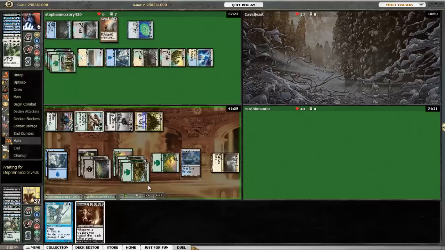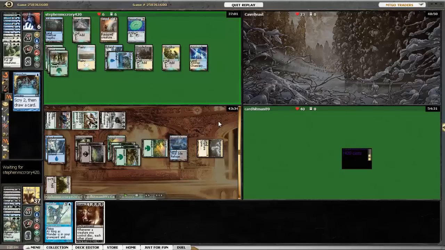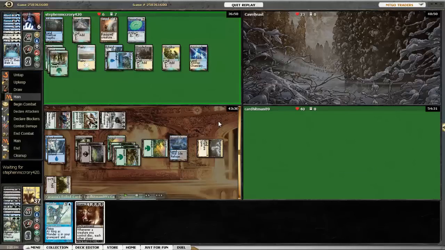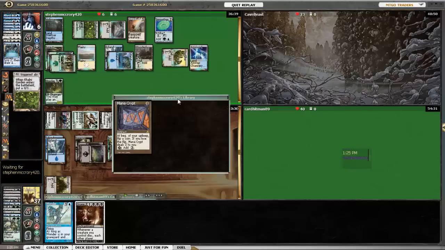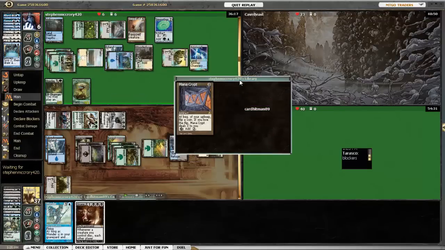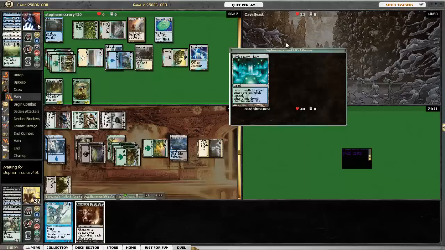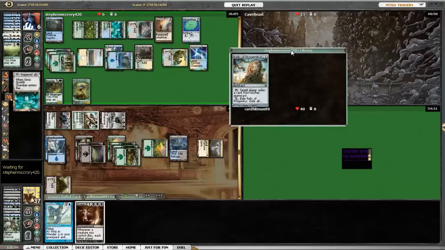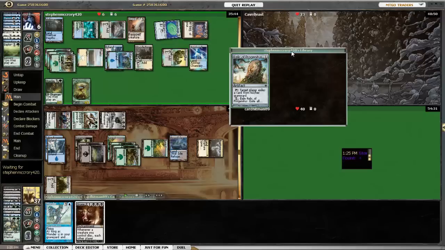Then I play Rupture Spire. And he basically says that all he drew was land and ramp. He plays Oracle of Moldiah. Digs a little deeper. Plays Explore to get the Mana Crypt. There's Simic Growth Chamber. Relic of Progenitus would actually hurt me pretty good. But